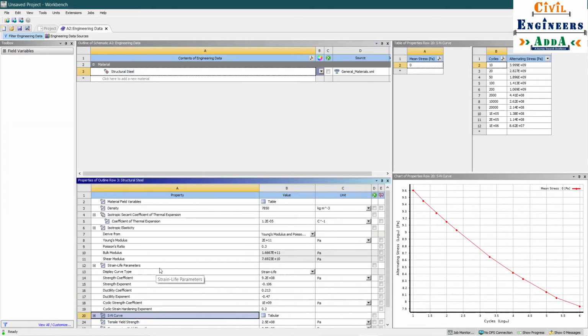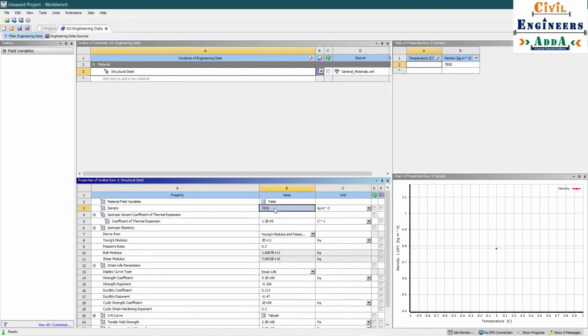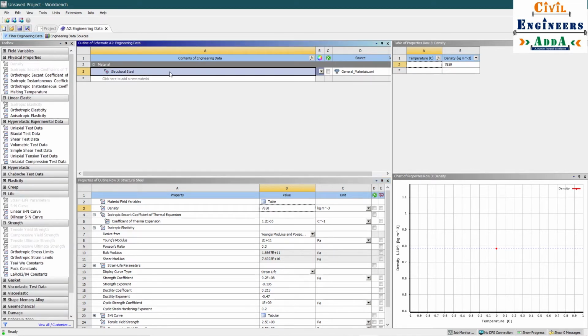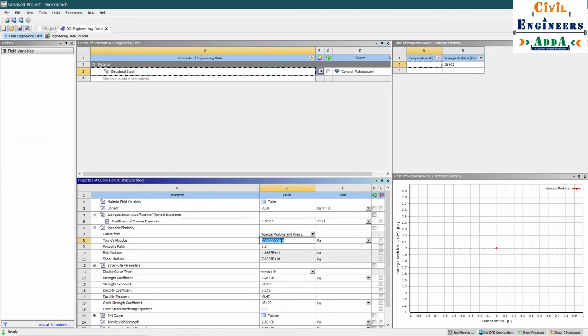These values have been saved in a default manner. If you want to change any of these values, you just double click on that and change accordingly, whatever value is suitable for your analysis. When you select static structural, the material will be automatically selected. If you want to change anything specific for your requirements, double click on any of the values and the material will change accordingly. Now let's see some other materials.